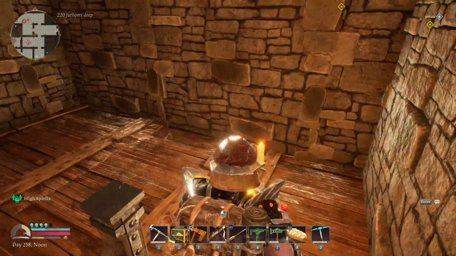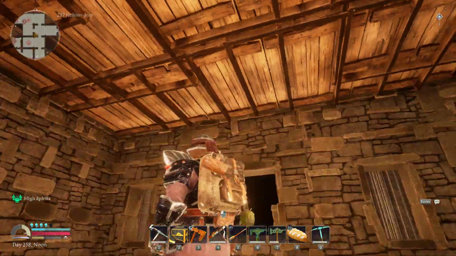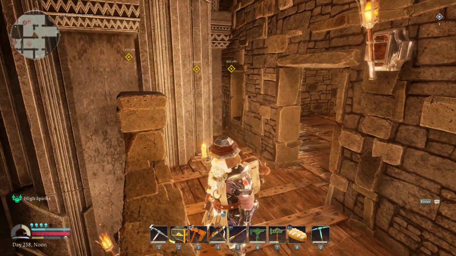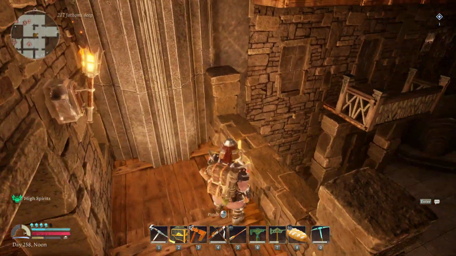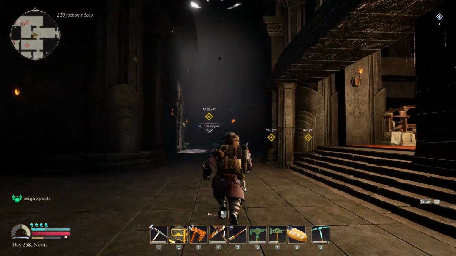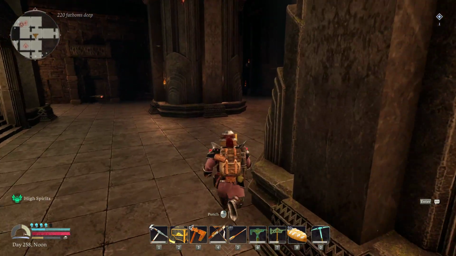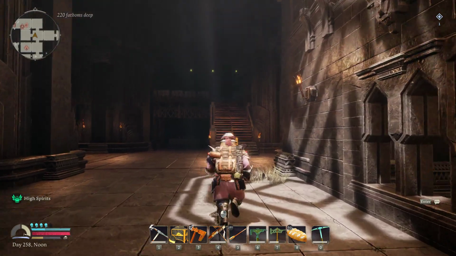You go upstairs, there's a room. I didn't really decorate it. Wooden ceiling and a balcony, which I thought was a nice feature. And that's it. This is my second area. Second one of those